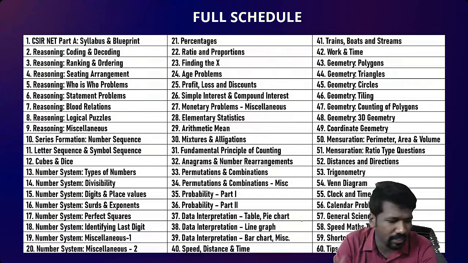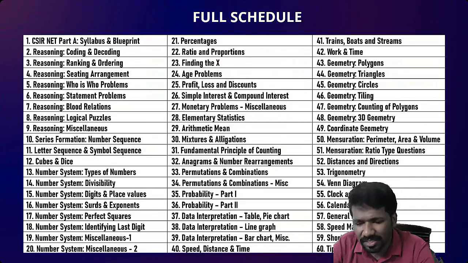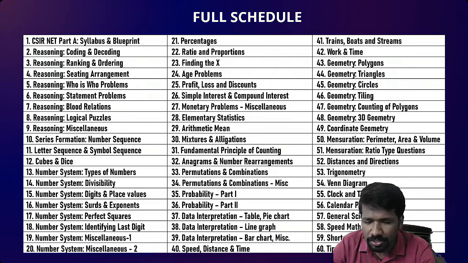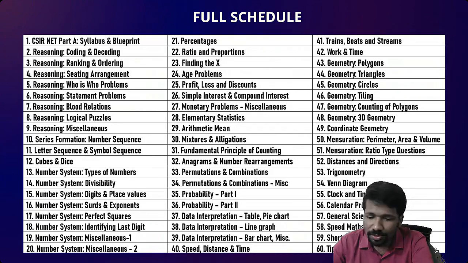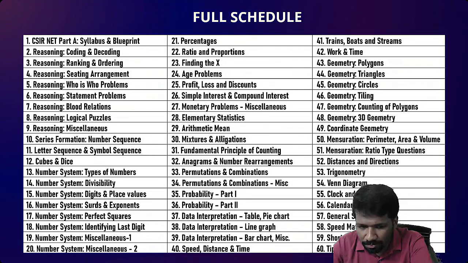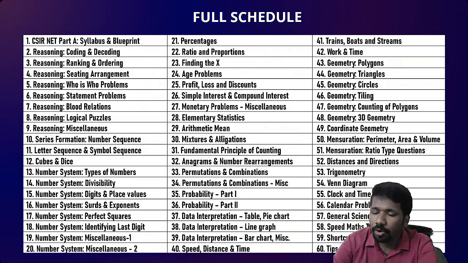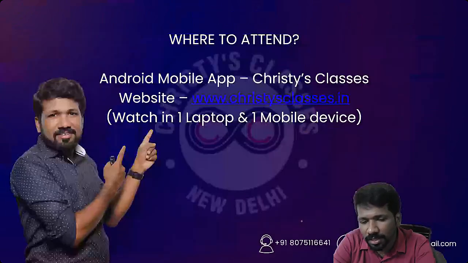And other details of the course are given here. This is the 60 lectures, but as I told, 60 is the minimum number of lectures, 62, 63 lectures plus 6 doubt clearing sessions. So about 70 lectures it will be. We are increasing the number of lectures, not decreasing it. Because in case a concept needs more time, we will extend it to one more lecture. But the course will be completed before December 31st.